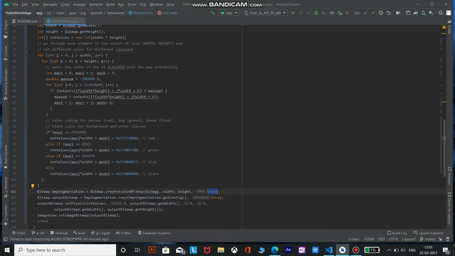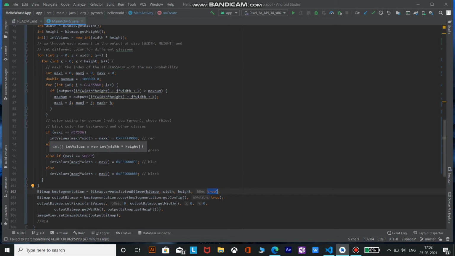Okay, so next we will copy the BMP segmentation to an output bitmap, and we will make it mutable, so we can change it. Then we will use the output bitmap and set the pixels with the values we got.